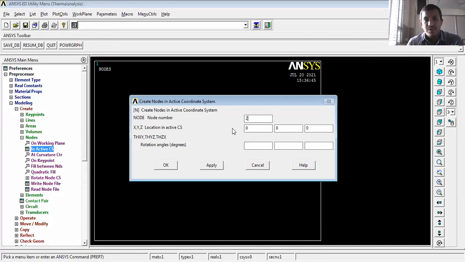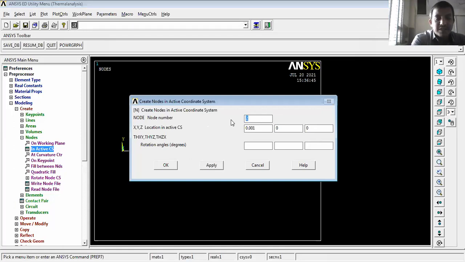Next, node number 2 with respect to origin. What is the location for node number 2 with respect to origin? 1 mm. Convert into meter: 1 into e raised to power of minus 3, or 1 into 10 raised to power of minus 3. Is it right? Give okay.